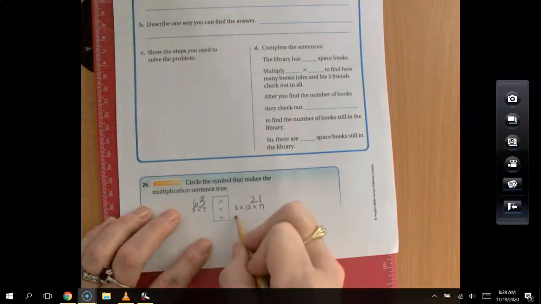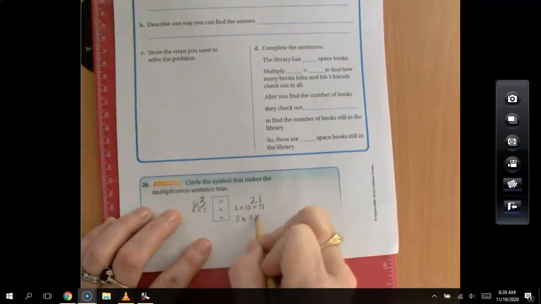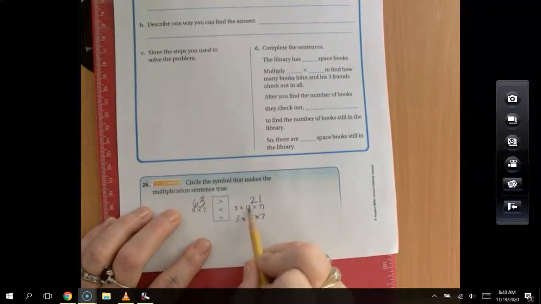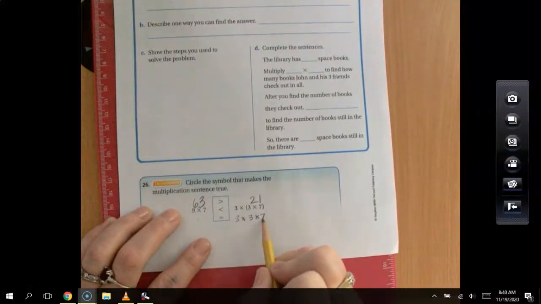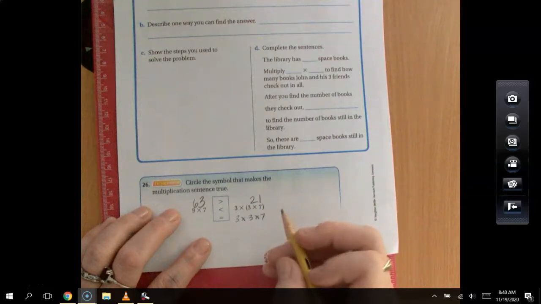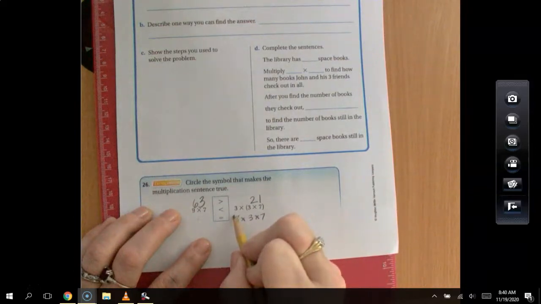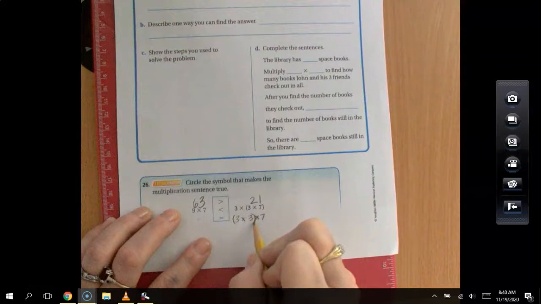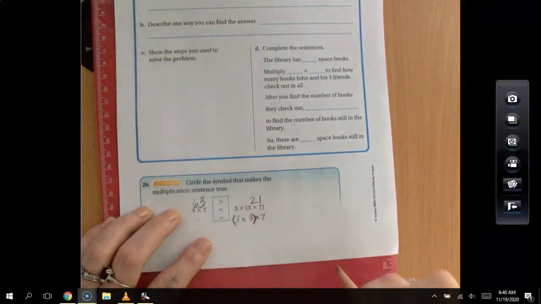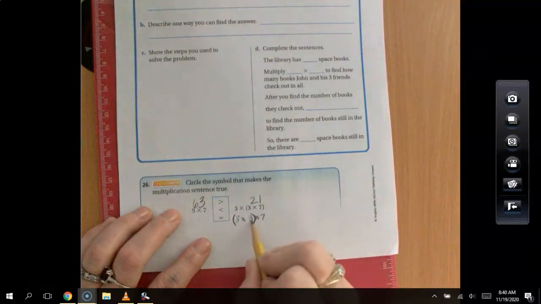So if I have 3 times 3 times 7, I'm just rewriting my factors. I'm going to move my parentheses to 3 and 3, because the associative property of multiplication says that I can do that as long as I still have the same